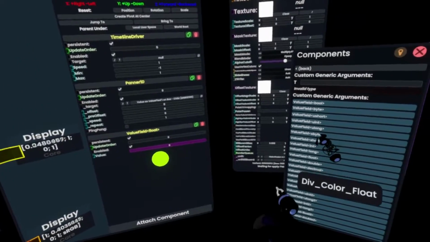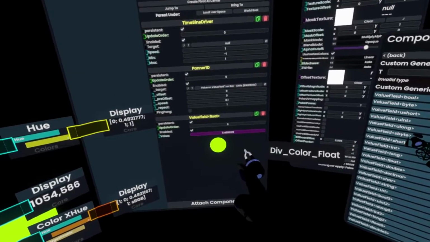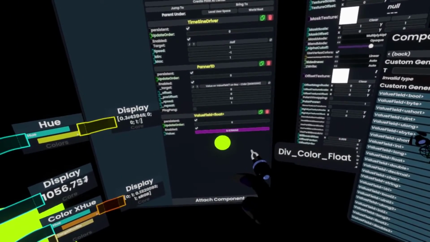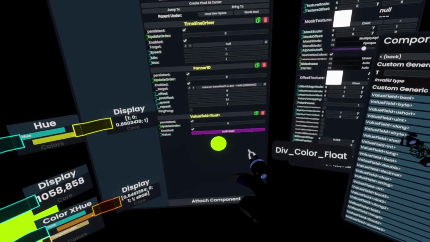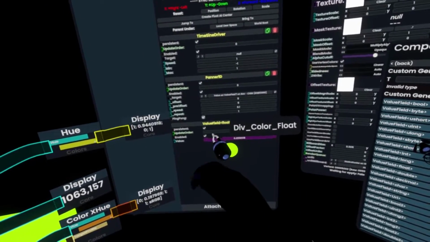Set our speed to 0.1, so it's a bit easier to follow than 1. And as you can see, we go up, up, up. And as we approach 1, we will just roll over back to 0. However, if we enable ping pong,